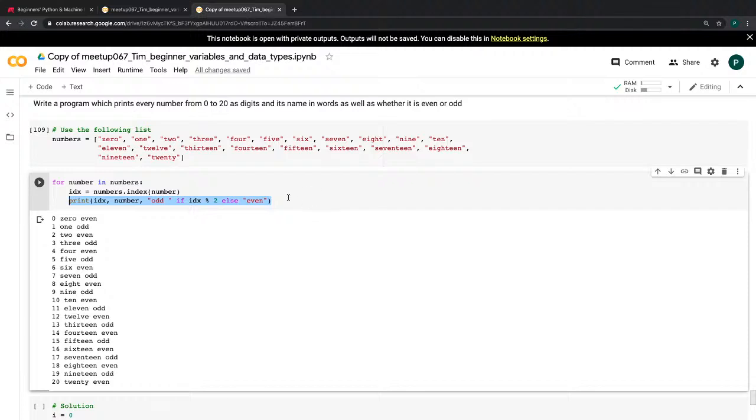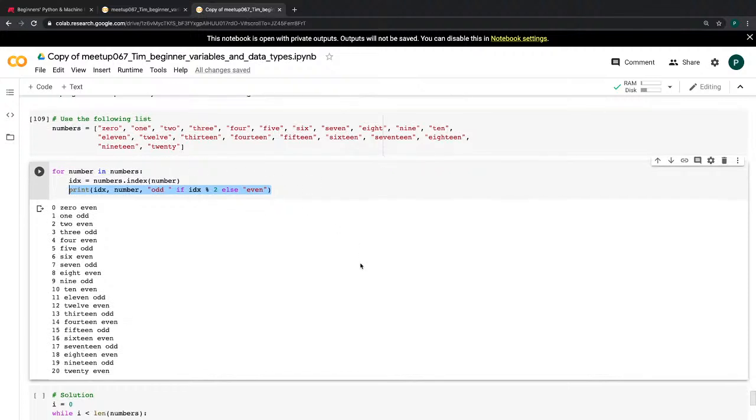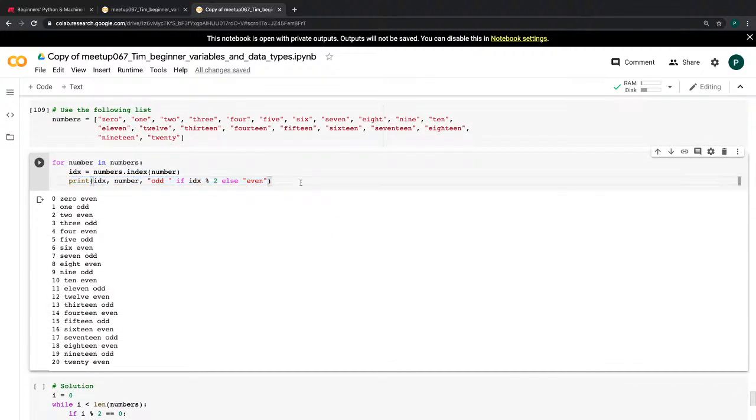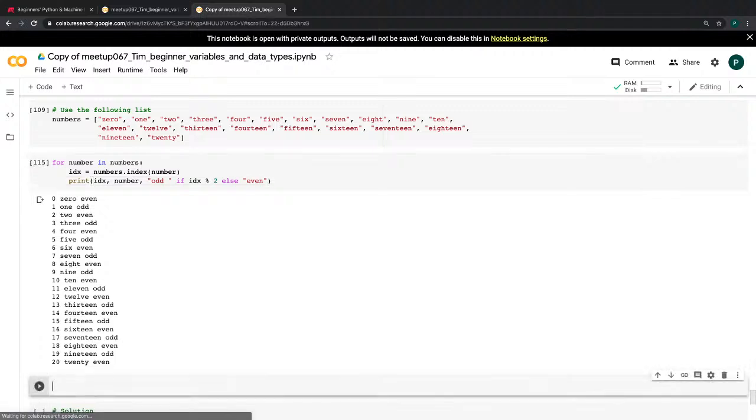Yep, range is a good way of doing it as well. I was going to show range. And if you use range, you don't need to know the index here. We can just use the numbers. So let's try range. That's a very good solution for